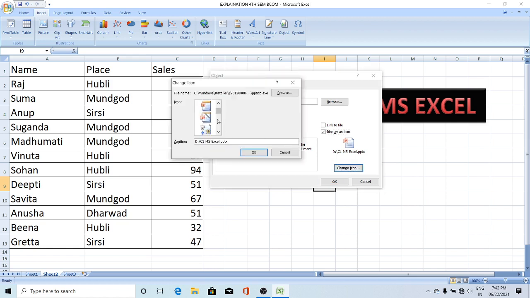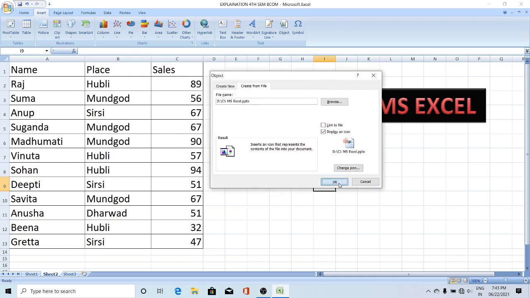If you want to change to a different icon, you can place it. I want to change this one only, or you can select this, or this. Any icon you can change, or you can change the name of this, or let it be the same name, or you can change it to something like PowerPoint Excel. Here let it be the same. Say okay. I have changed the icon here, and the caption you can change. Say okay, and here okay.